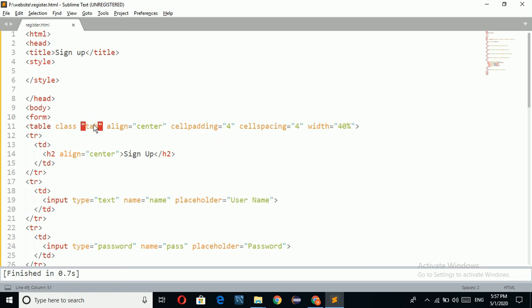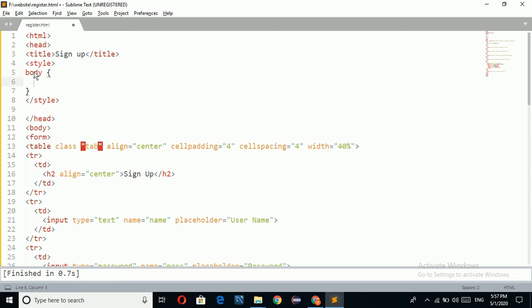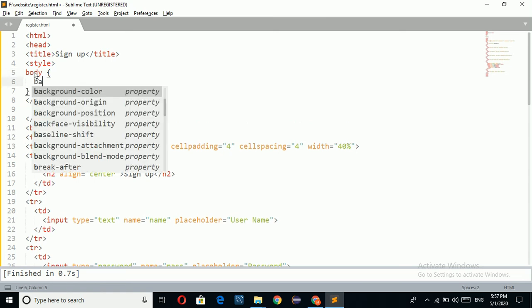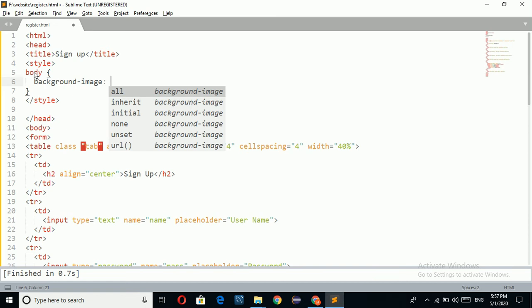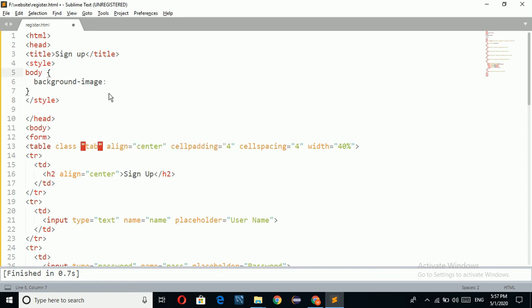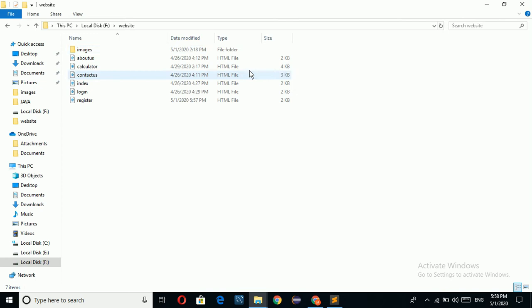Now I'm going to apply the CSS for all these things. First I am applying the CSS for body. So body background, I want to take background image. I am taking the background image from my local disk.